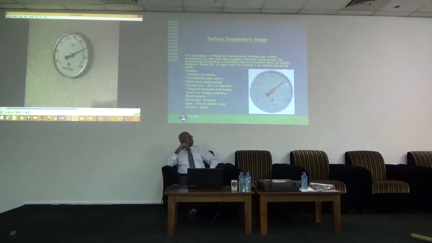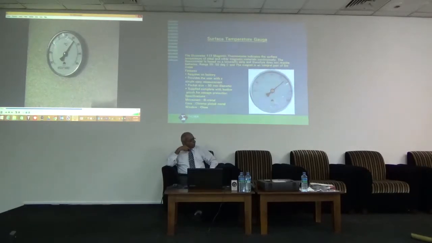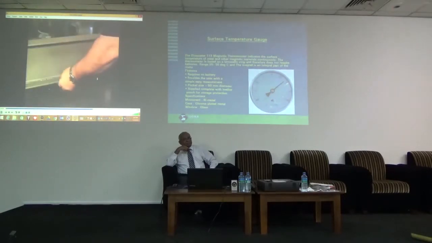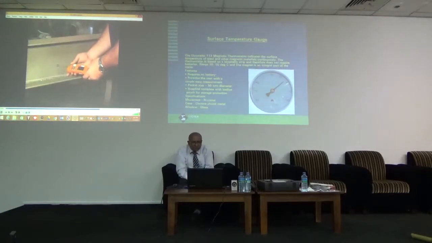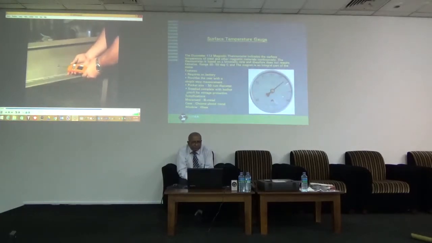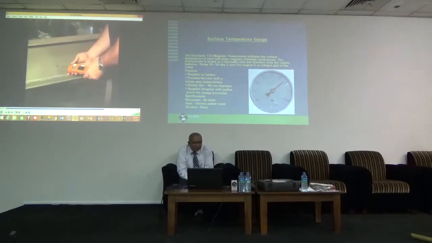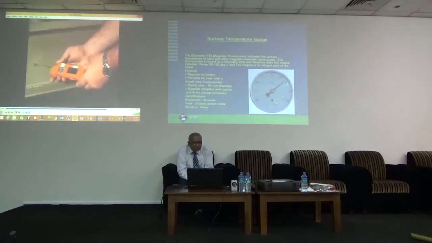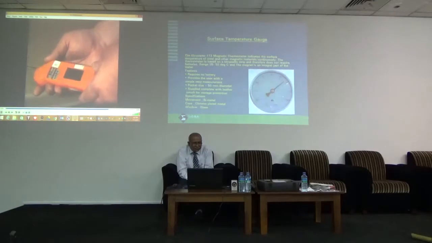As the gauge has to be left to stabilize for 15 to 20 minutes, during this time the temperatures may actually rise or fall. It is therefore impractical to use this kind of gauge to take multiple readings over a large area. The electronic steel temperature gauge has the ability to give instant and accurate readings. To use the gauge, simply hold the probe onto the steel surface for a few moments and record the readings. Ensure that the probe is not dragged over the surface, as this could lead to damage and therefore inaccurate readings.